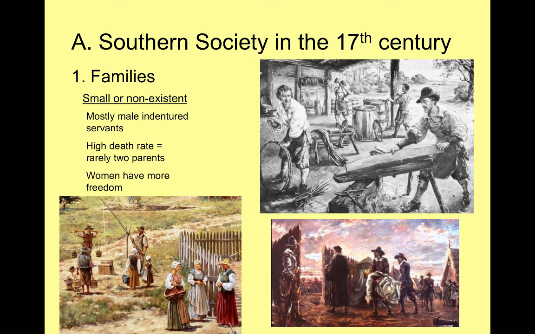Because of that, for the few women that are in Virginia at this time period, they have more freedom than they might have back in England or, as we will find out, in New England. Whenever there is a scarcity of something, its value goes up, and so there was a scarcity of women. And so if you're a woman who comes to Virginia at this time, you have all kinds of options to get married. So women typically would get married to the wealthier plantation owners or the wealthier elite in Virginia, and so the poor men wouldn't have the option to get married because women had their choice.